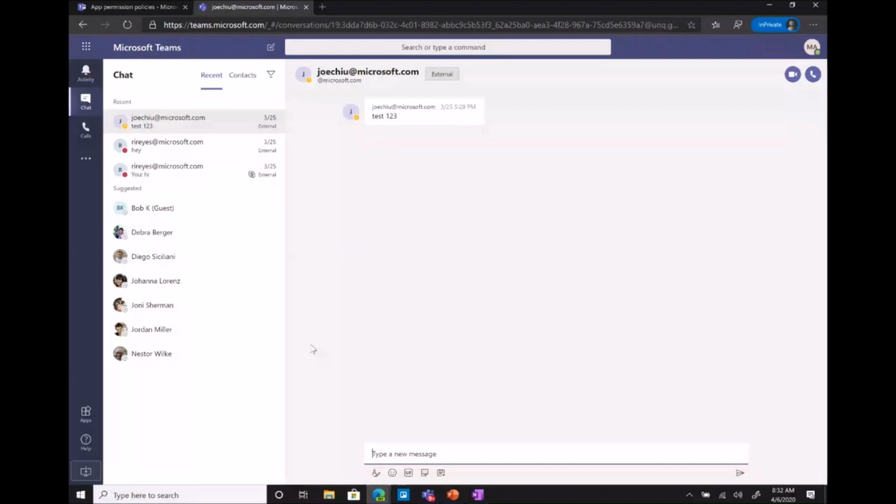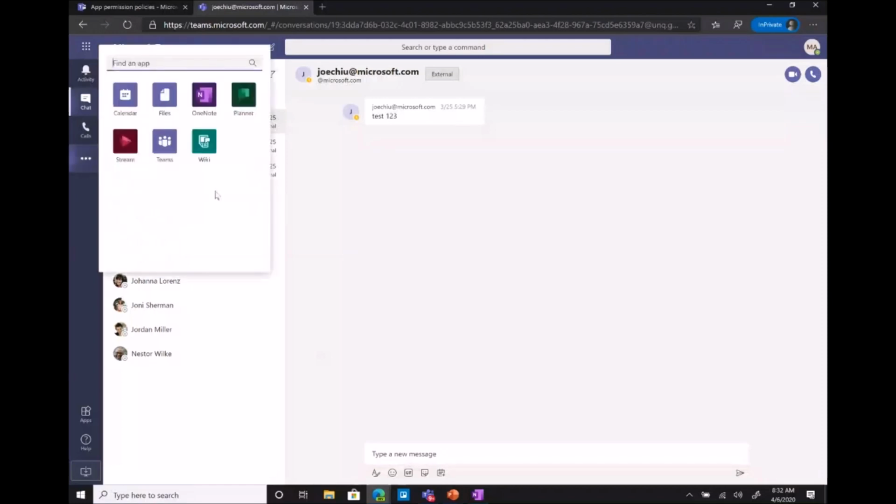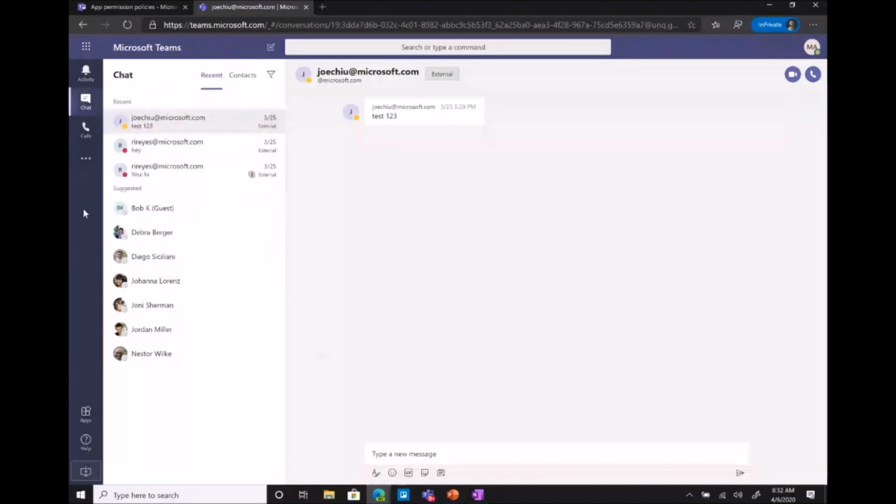What does that mean? Sometimes an admin will want users to have certain apps that are easily accessible. They'll want an app to be pinned on the left rail, or they may even want an app to be installed inside the overflow menu. We don't know, but we want to give admins these controls so that they can leverage them and tailor experiences for users in their tenant,